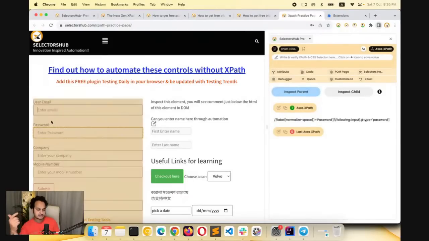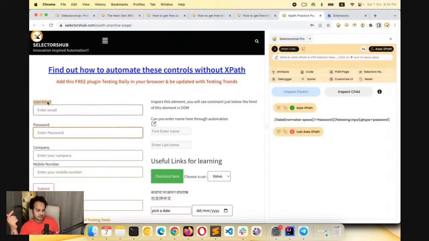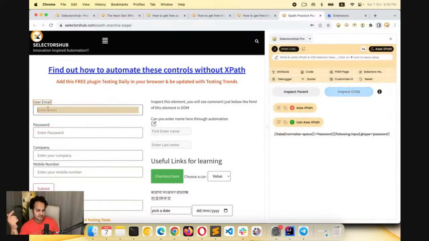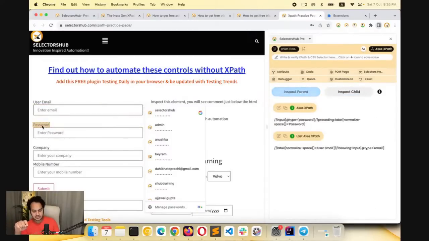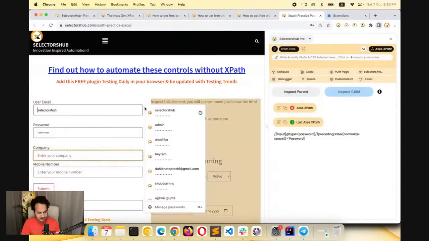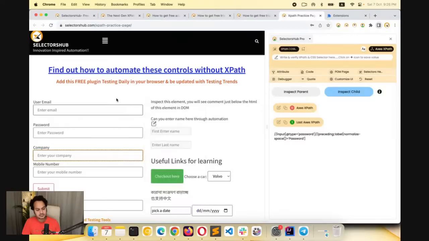Similarly, now suppose you want to generate for this enter email with respect to the user email label. First inspect this, then inspect this, and this is how you can generate. Suppose you want to do the reverse, like you want to generate XPath for this password field with respect to enter password, then first inspect enter password, then inspect this password. So now this is the XPath for the password field with respect to enter password. So this way you can generate the XPath and CSS